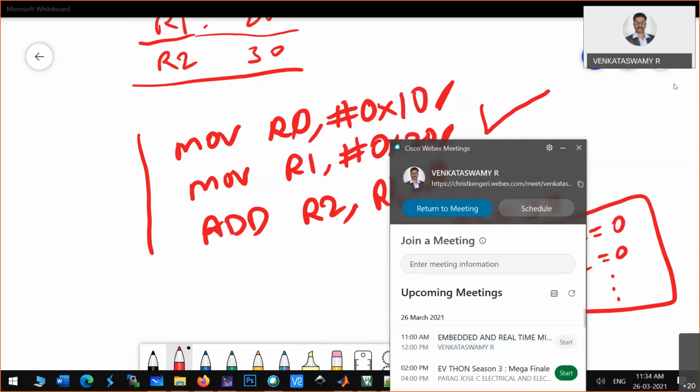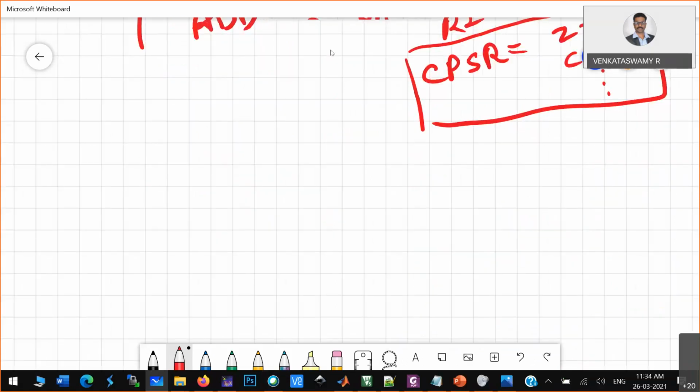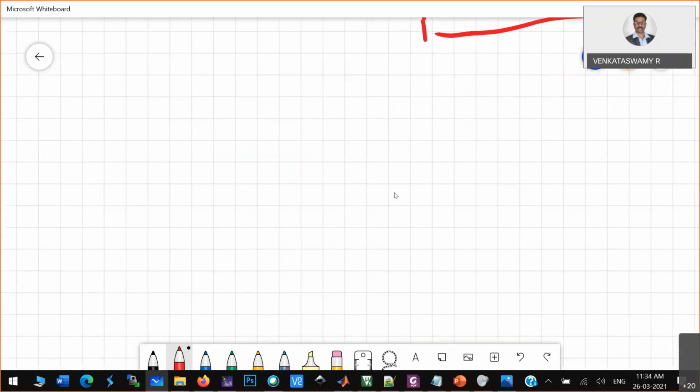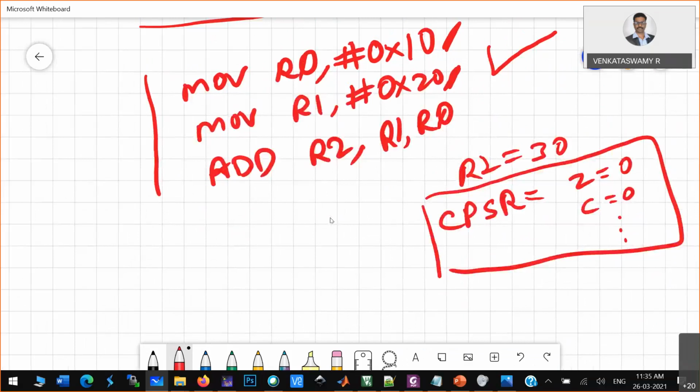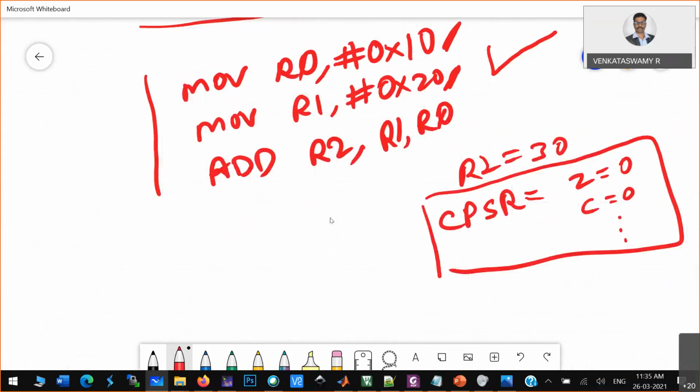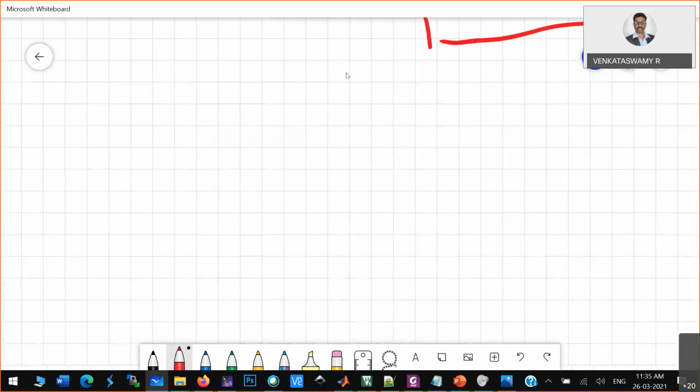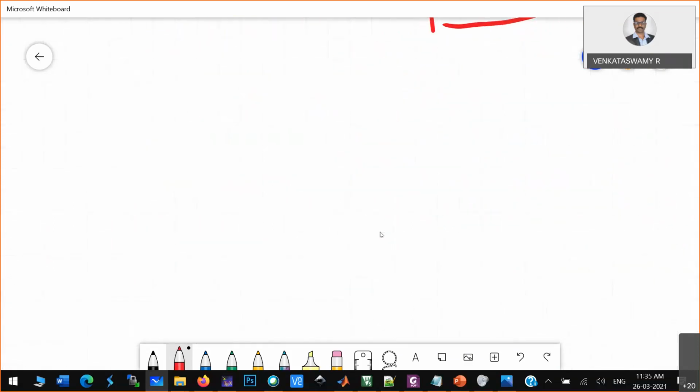Yeah, thank you. So now, what we have to understand, say for example, this is a correct program. If you type it in a raw assembler, then you can execute that particular program. But different companies are providing compilers.